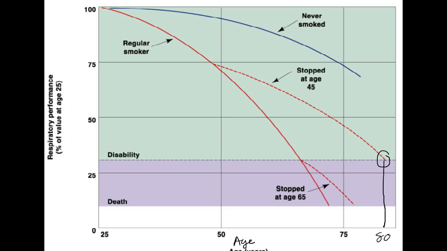If we continue that line out a little bit longer, you're still not having to exist on supplemental oxygen. If you wait even longer until you stop smoking, you can see that at this point you're going to be on supplemental oxygen. This point, of course, is the point you don't want to get to. That's the point where you will die because of your inability to take on